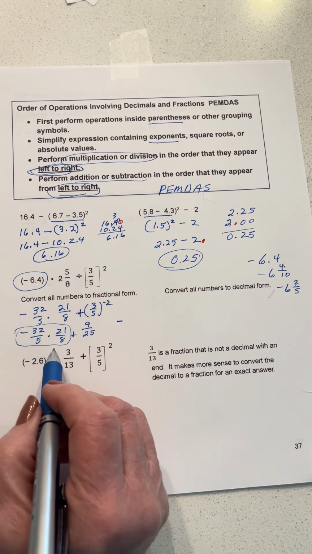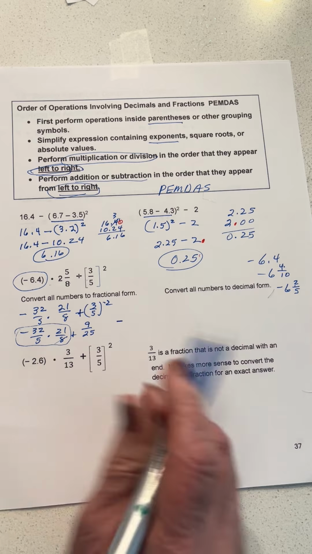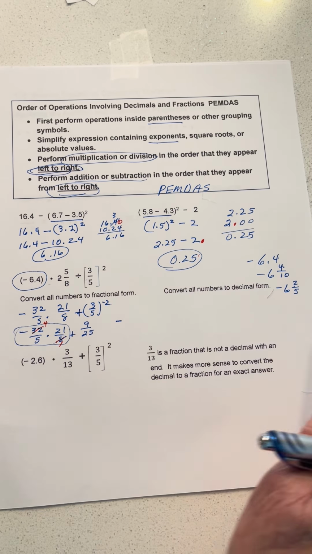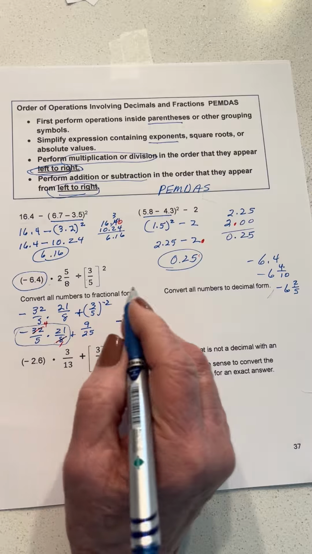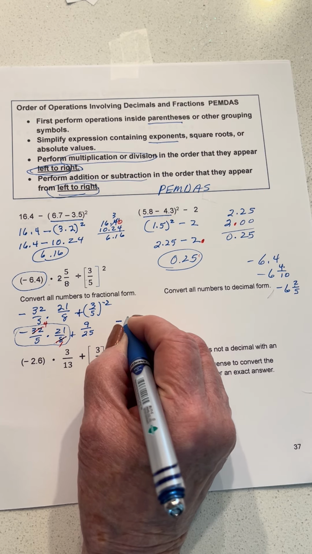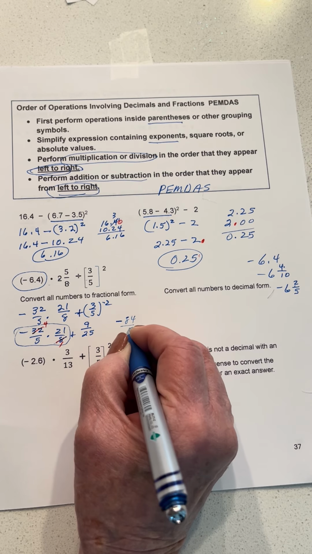And I'm looking for cancellation. We can divide this by 8 and this by 8, and we would have what? Negative 84 over 5